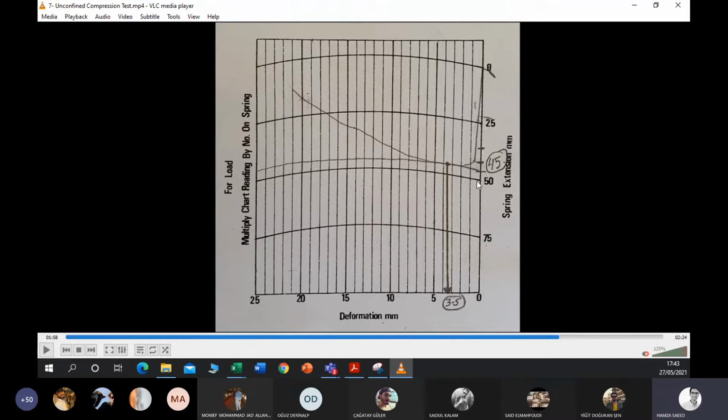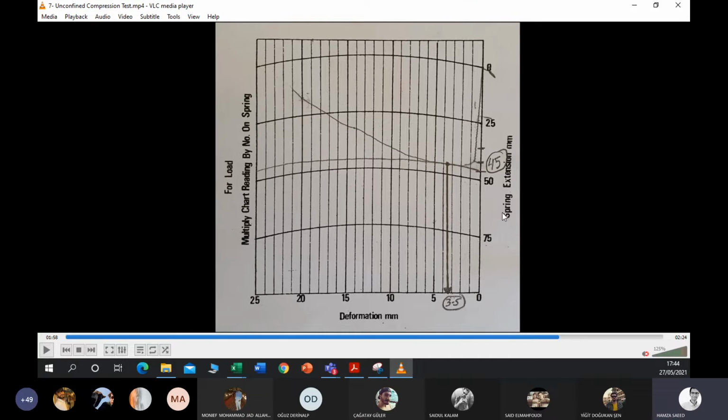Now what you are going to do is sketch a parallel line to the nearest available line, which is 50 millimeter over here. Wherever that parallel line intersects, that is the corresponding spring extension after scaling the chart.